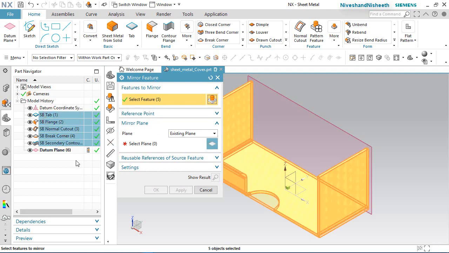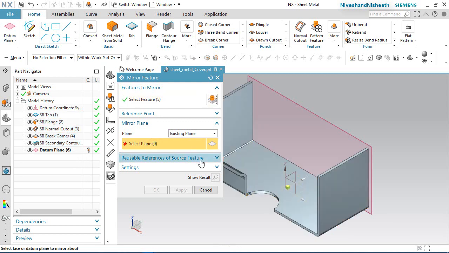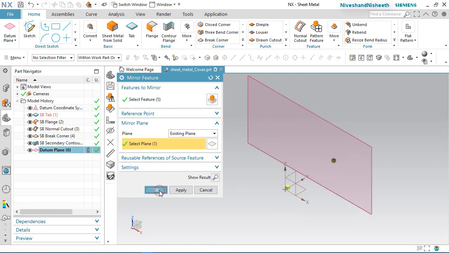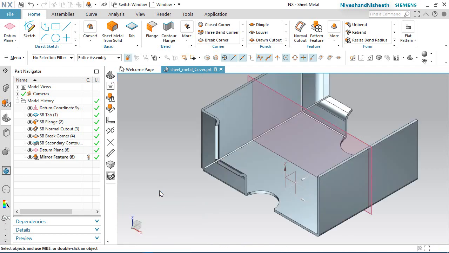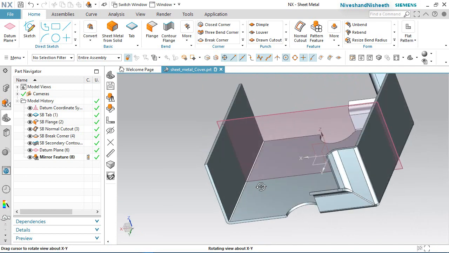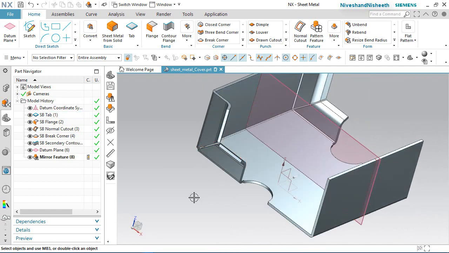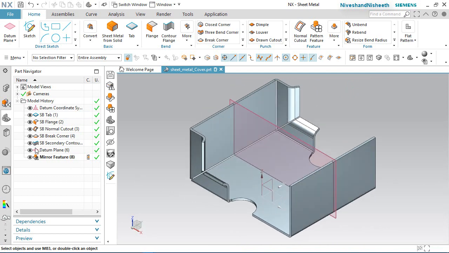Okay, now 5 features are selected here. Select the mirror plane. Select this plane. Okay. Now the mirror feature is created on the opposite side of the sheet metal body. Hide the visibility of this plane.